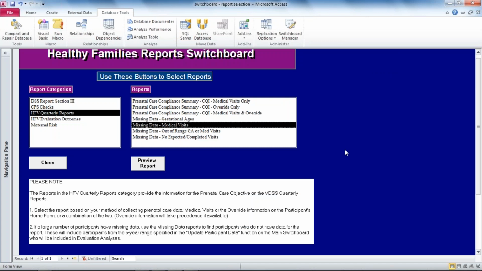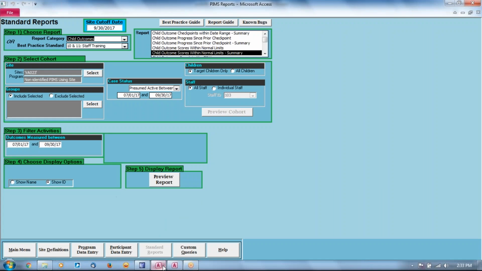Okay. So moving on now to the PIMS analyses. We talked about the settings that you need in the definitions, and now we're going to go to the actual reports